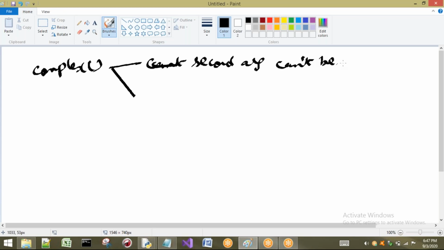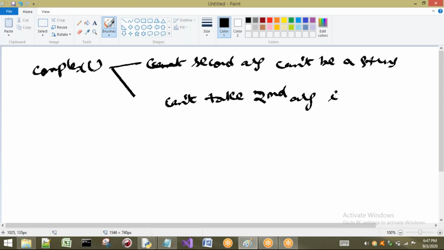This is one point. Next one: complex can't take a second argument if the first is a string. Two things are different. The first is a string. Second argument can't be a string.